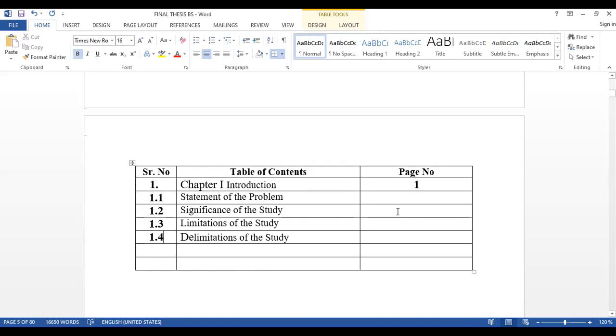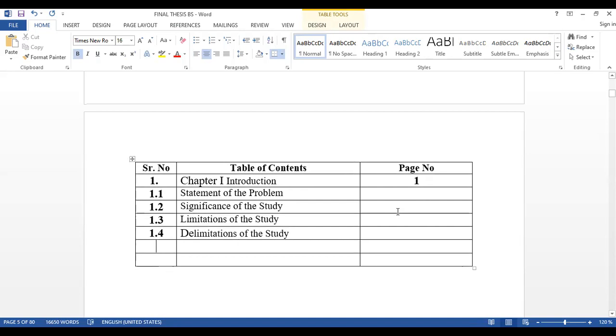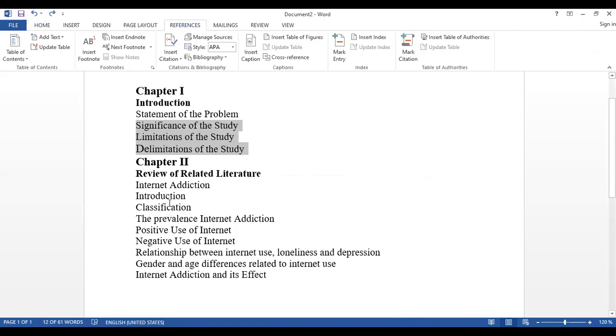What should I do now? I check out the page. After that, I select the headings. How many headings? 1, 2, 3, 4, 5, 6, 7, 8, 9. 9.